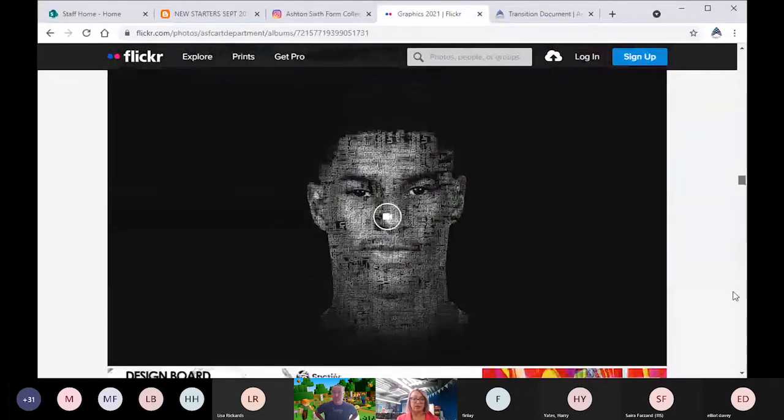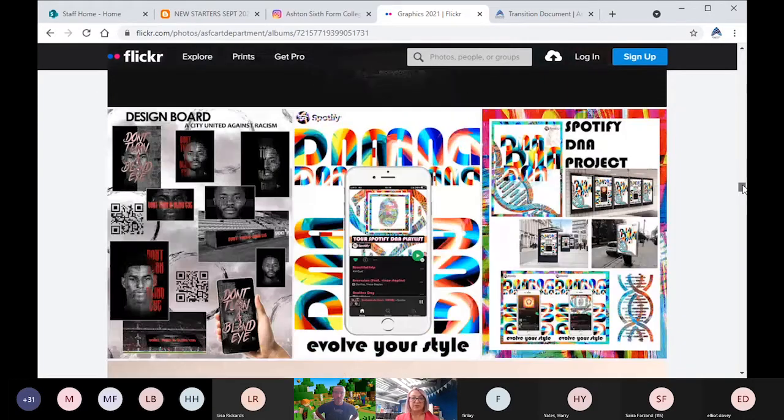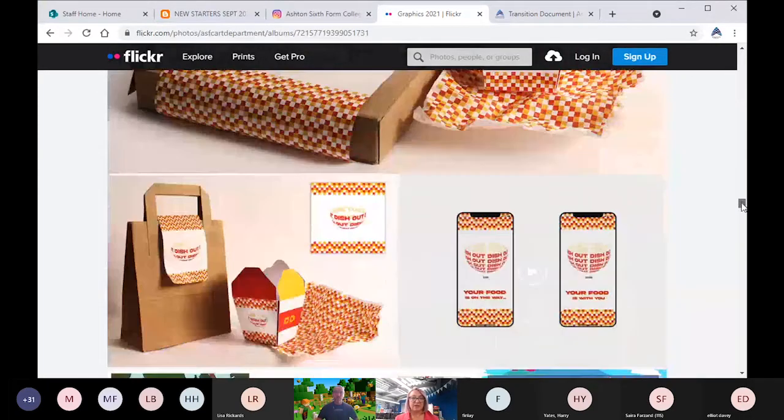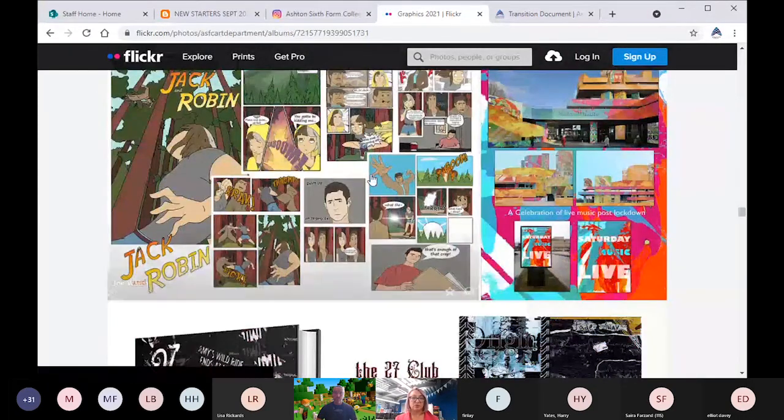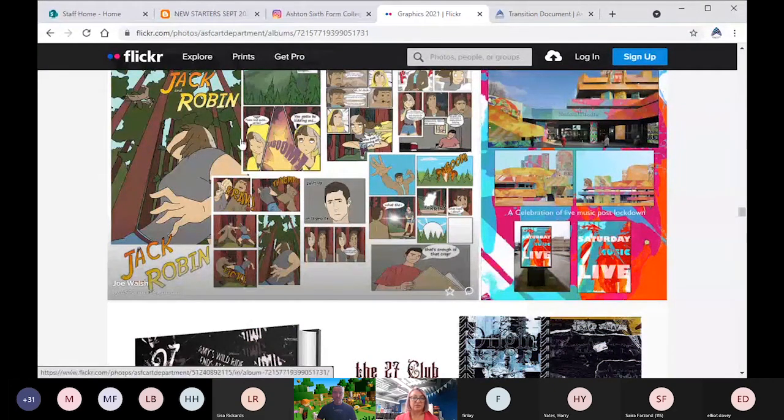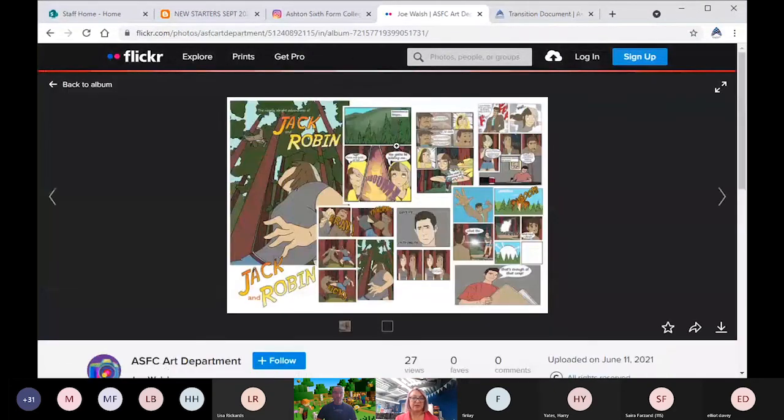We've got comic book art there. This was a wonderful animation that Jake did all about the online abuse that people like Rashford and Sterling experience. Beautiful, beautiful animations. Packaging there, more work here. This was lovely. This was a really nice piece by